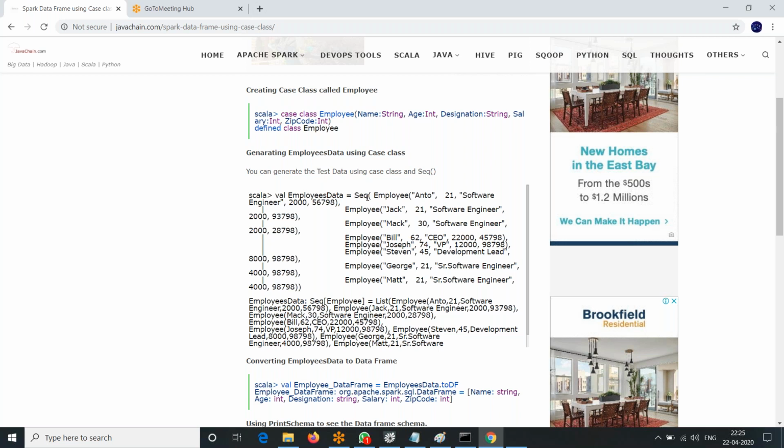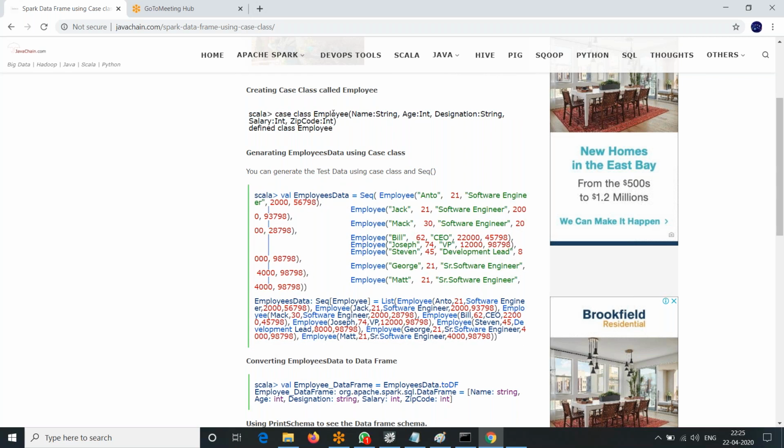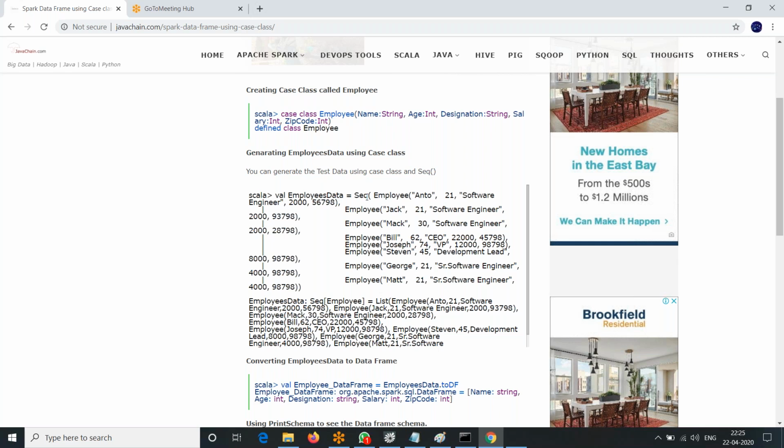You see here, sequence. You don't need to understand anything in this code. Just observe, so whatever I am trying to tell you, you can catch it. Other things, leave it. What's happening here, you don't need it. But how it is happening, just understand the flow. That's all. This is a case class that is passed to a sequence that built an employee data object.